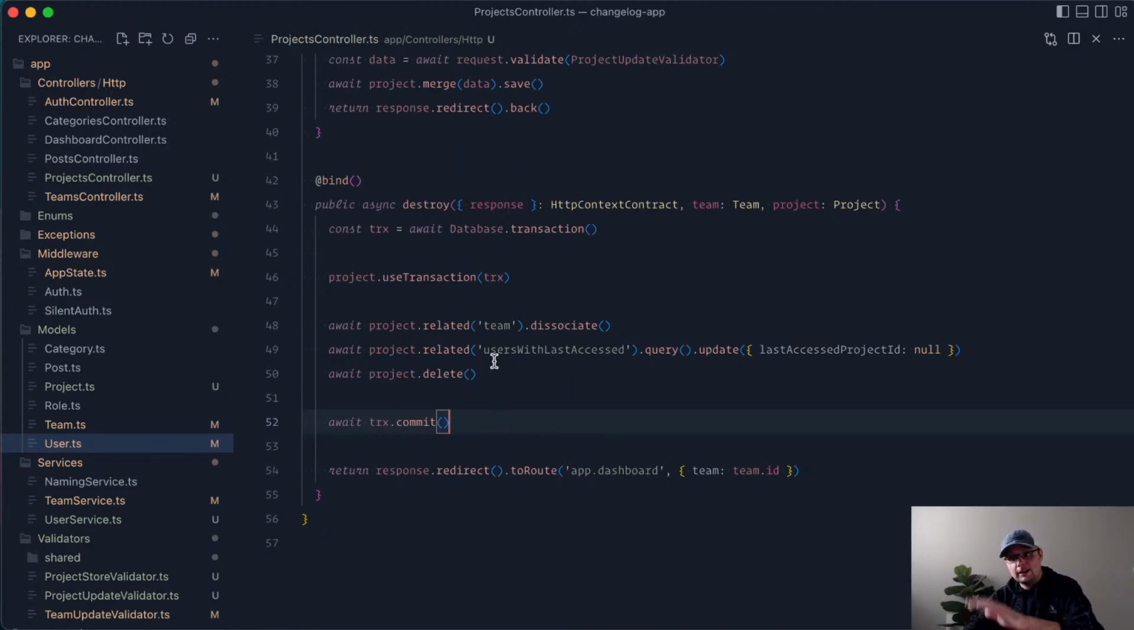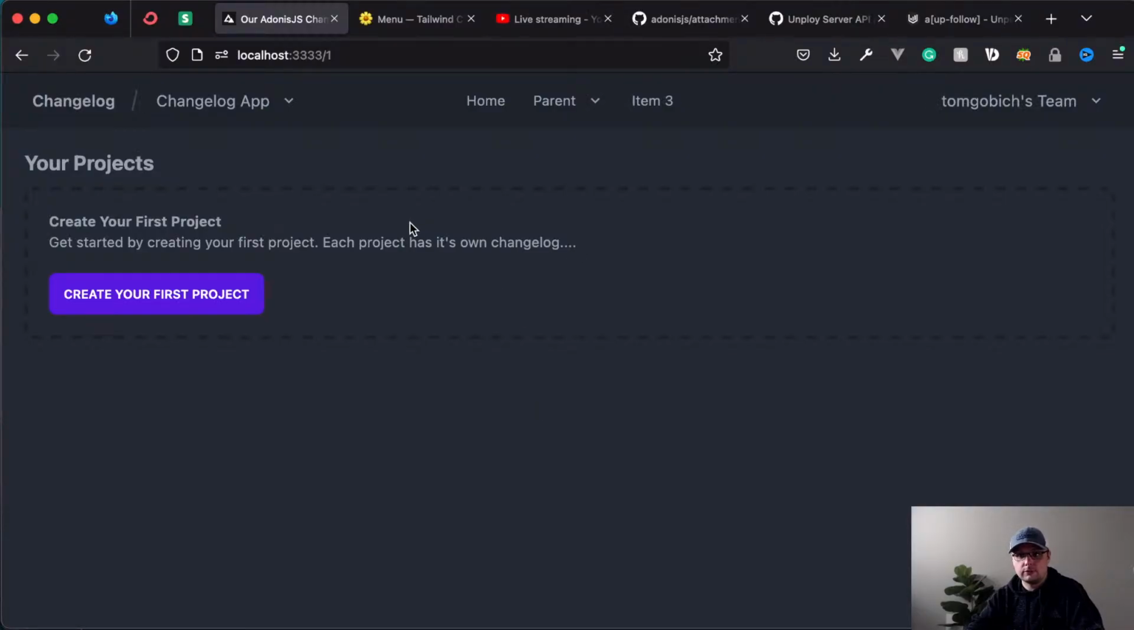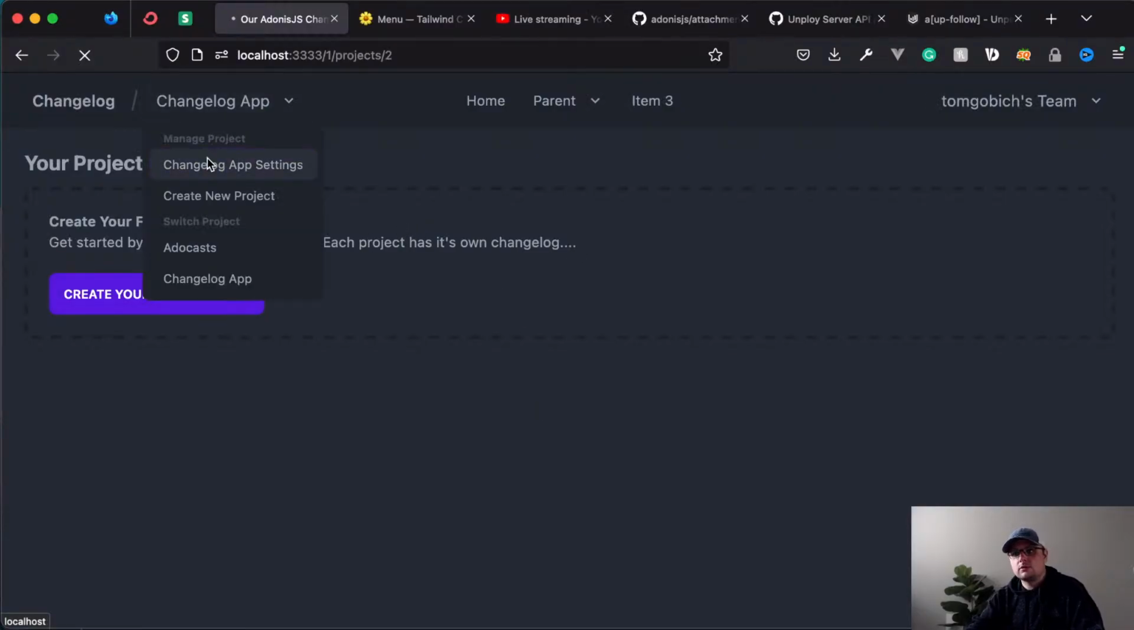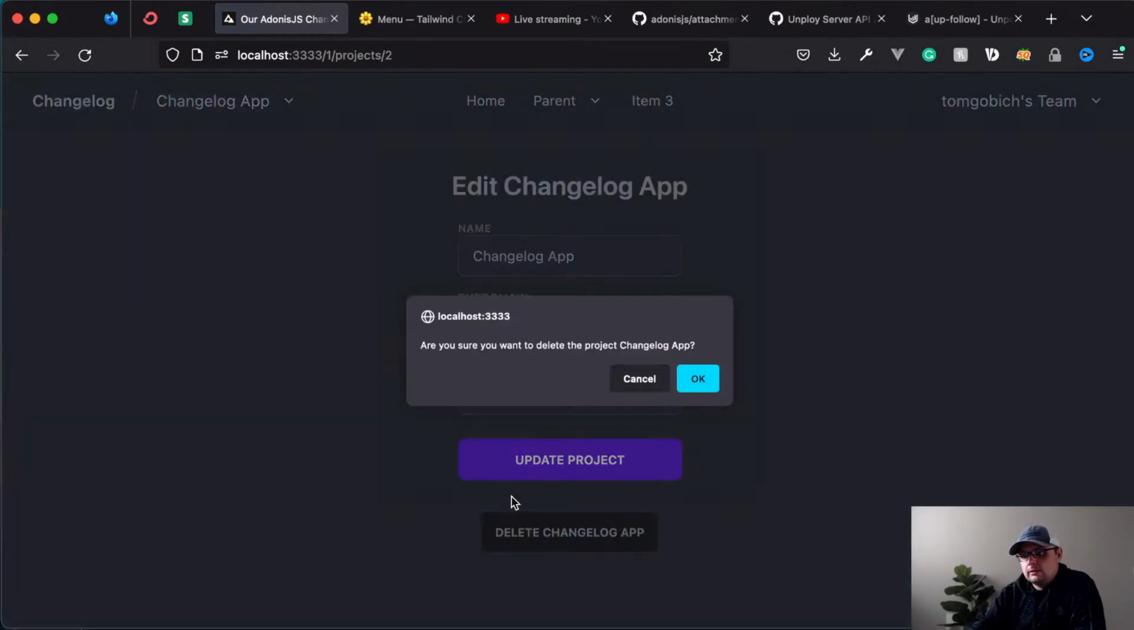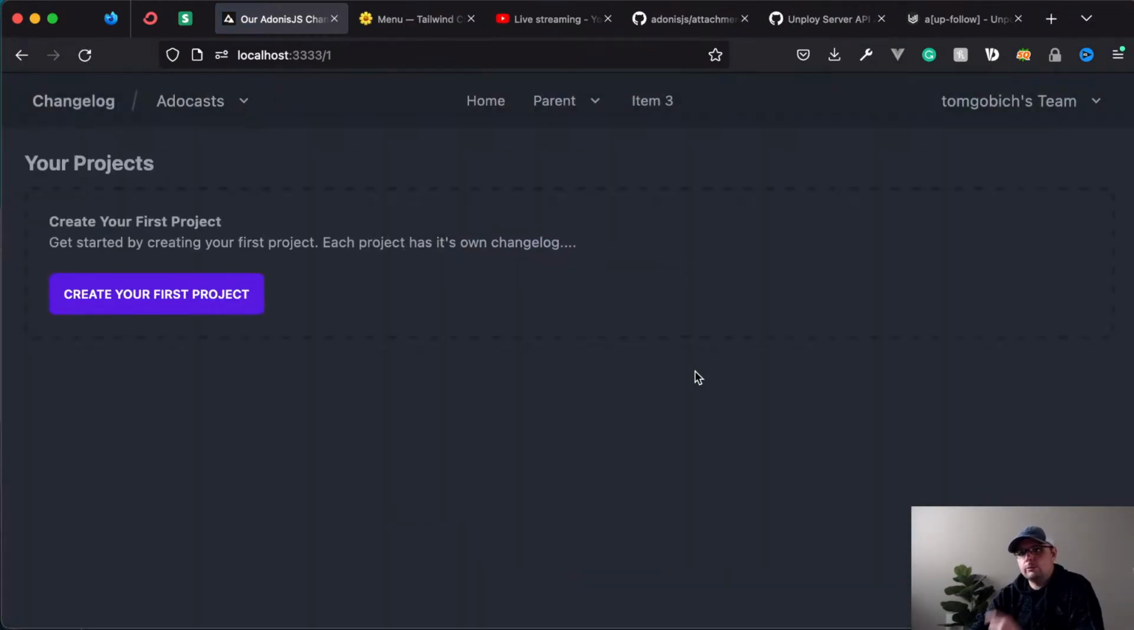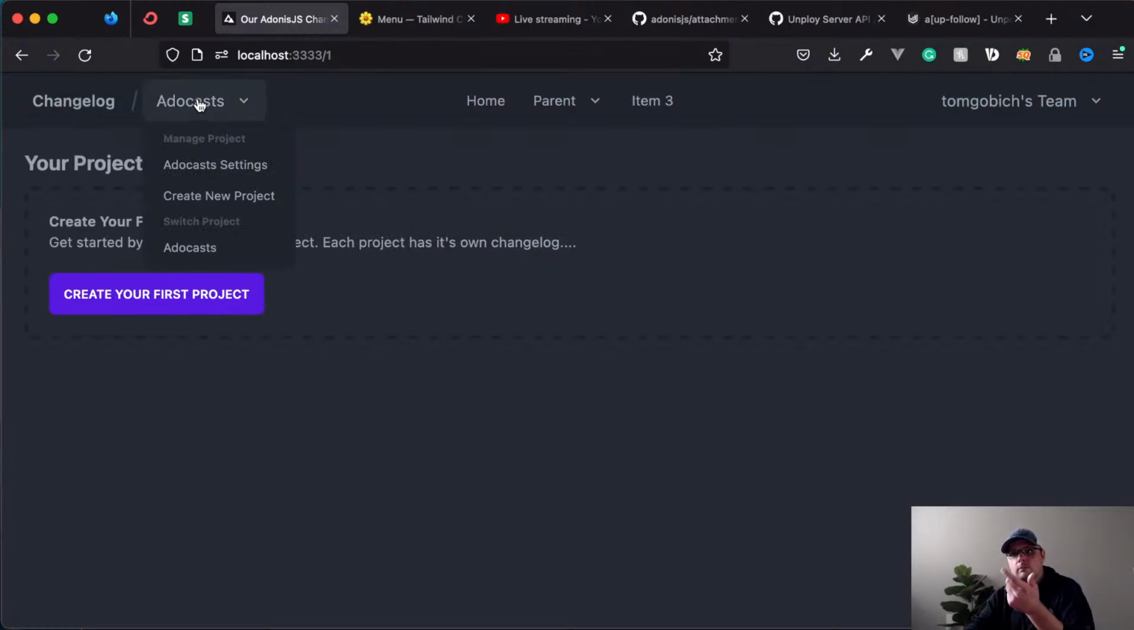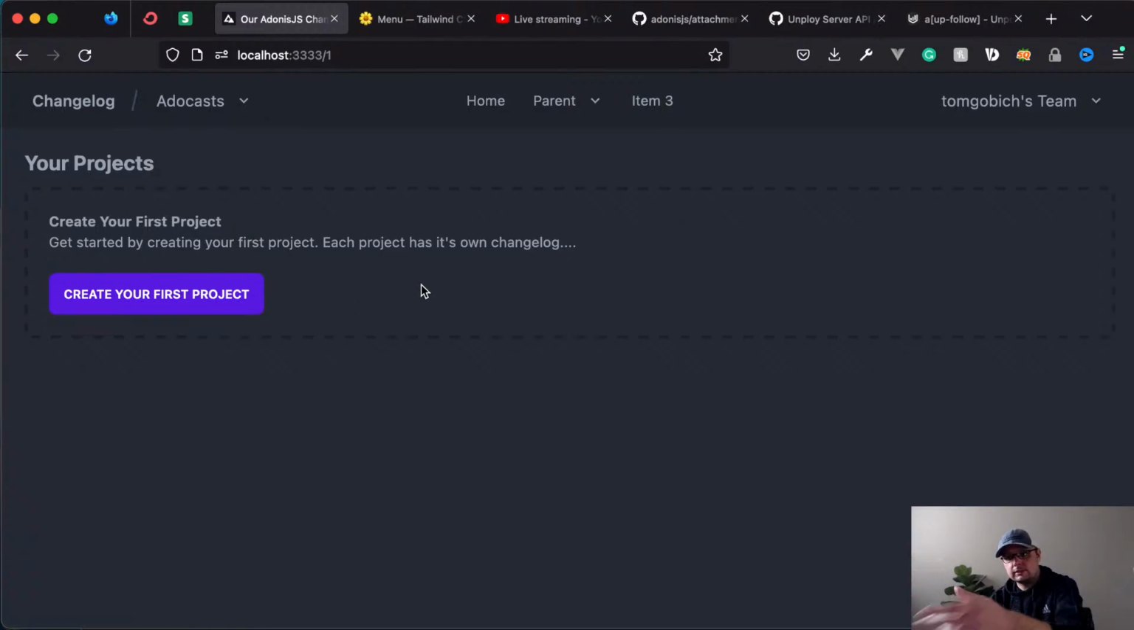So we hit delete, everything ran, but it didn't actually persist it to the database because we never committed the transaction there. So let's go back into changelog app settings, delete. Okay, there we go. We came back here. You'd see our project defaulted back to Adacasts because now it's just grabbing the first project that the user has. And then we would need to update the listing here to show all of the projects that the user has,